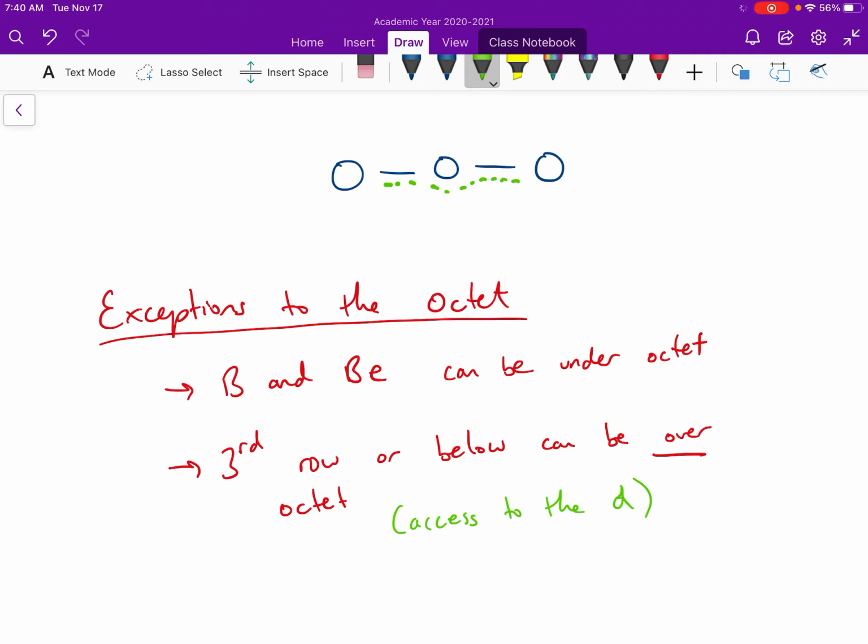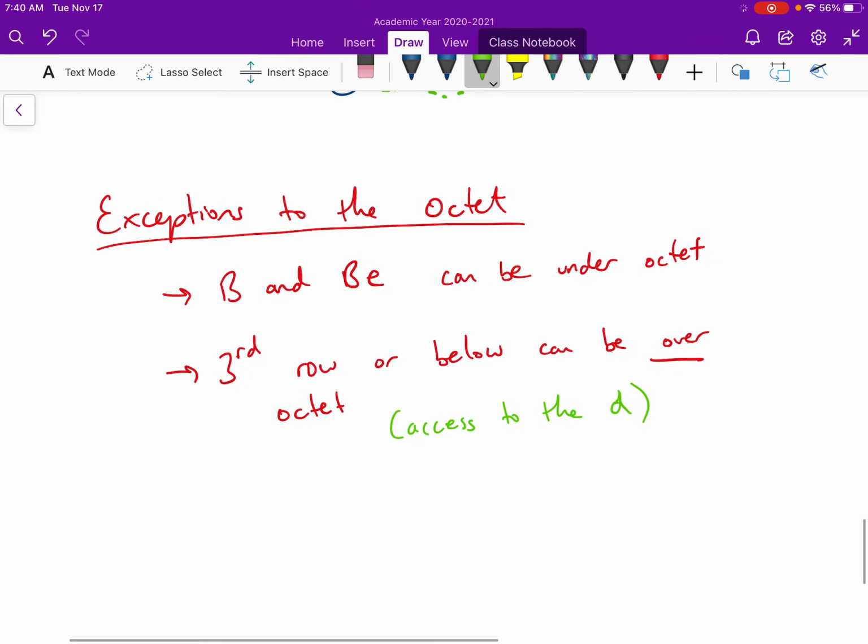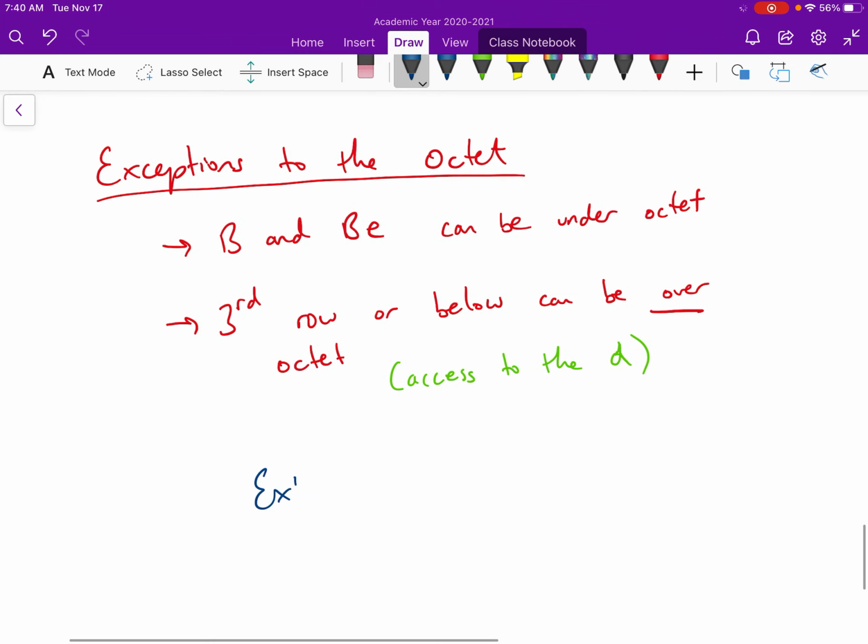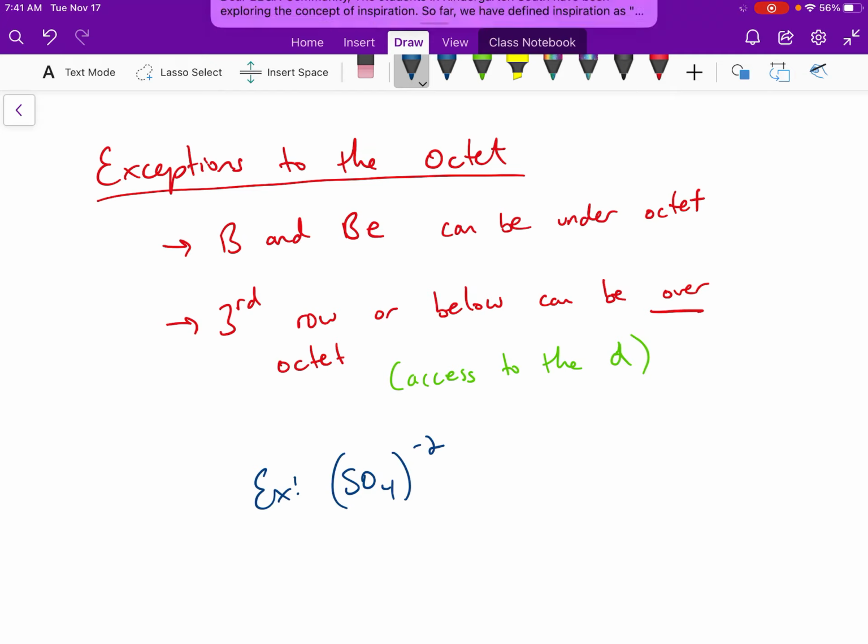And if you're wondering if it will, okay, then what you can look at is the formal charge. Sometimes having more than an octet will actually help the formal charge. Okay, so there's a reasoning for that. A good example, if you want to try on your own, would be the sulfate ion. Sulfate -2. You can give that a shot. We'll talk more about that in class next, the next class. So try that out. See if you can't figure out the expanded octet, but we'll go from there. Okay? Hope that was helpful. Try the practice problems, and